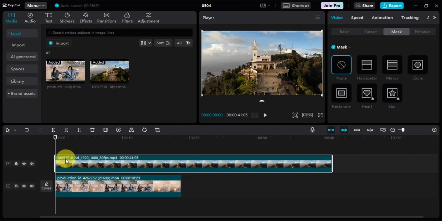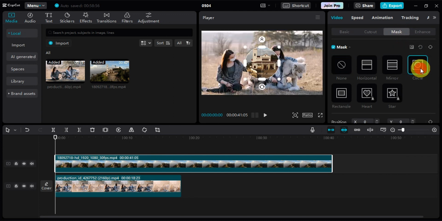So as you can see, we have two videos already in here. And for us to do a circle crop, so for example, this video is what we want to do a circle crop, so we're going to simply click onto that. And under video, we could find mask in there. So here on mask, we could see circle. Simply click onto that. And as you can see, it did create a circle crop onto the video that we